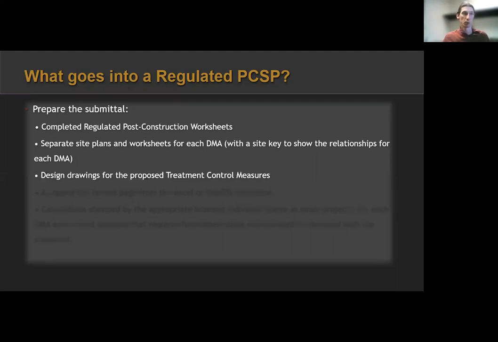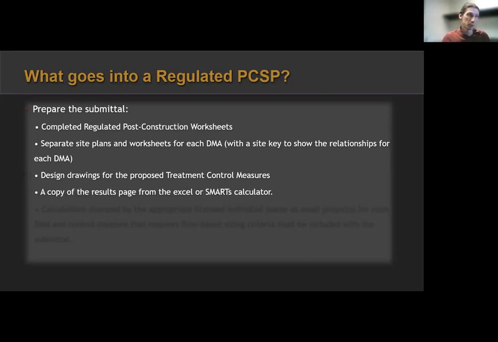Design drawings for the proposed treatment control measures. So if you're giving me a project saying you're going to use underground infiltration, well, I need to see some engineering drawings to show how you've designed it, how big it is, how much area, how you're using it, how it's being piped over. I need to have design drawings showing treatment control measures.